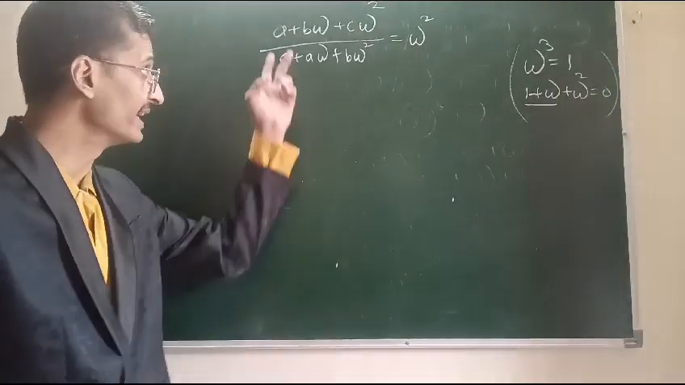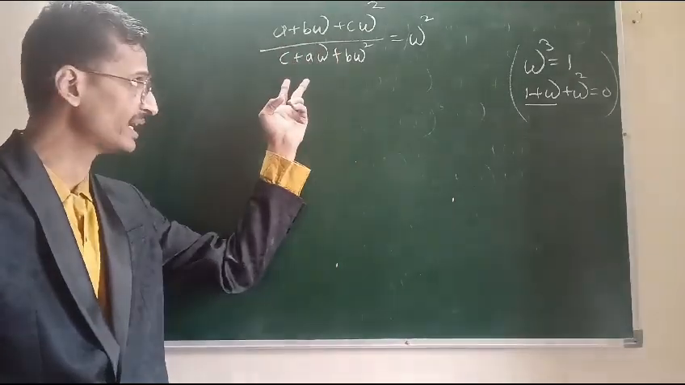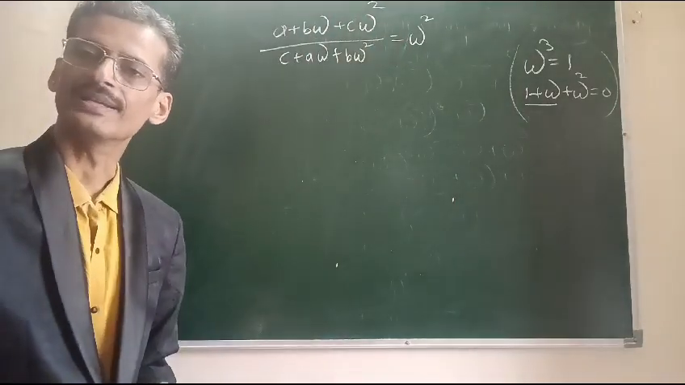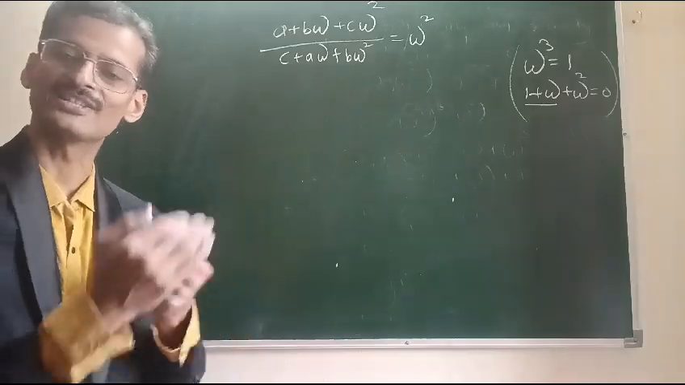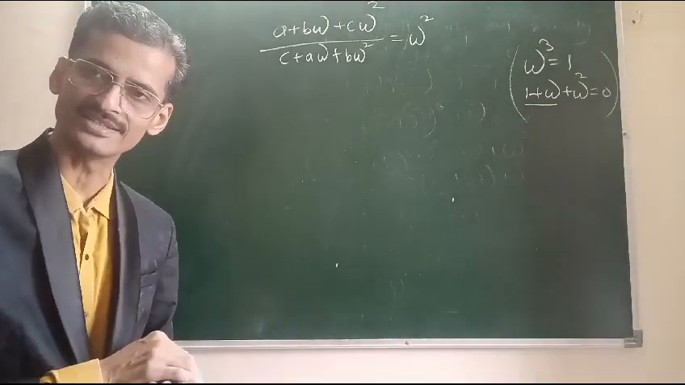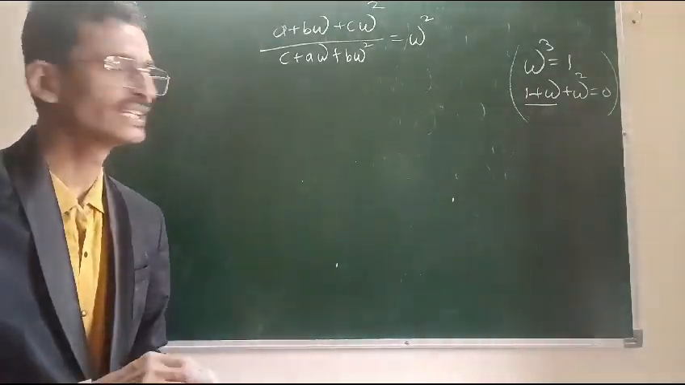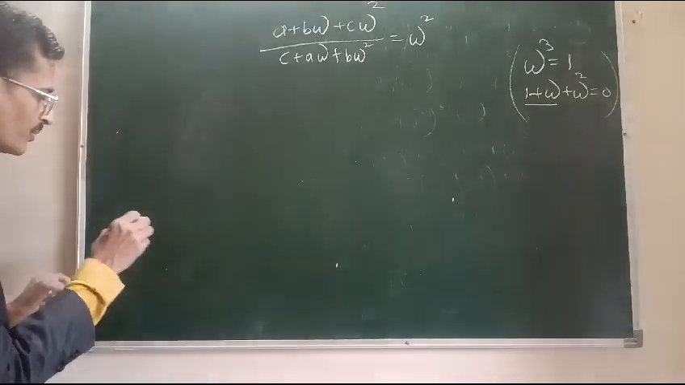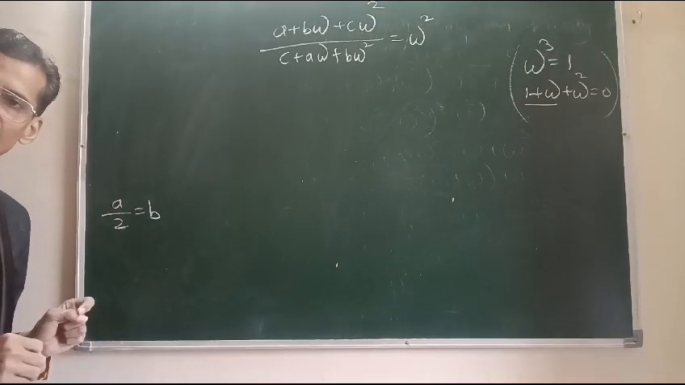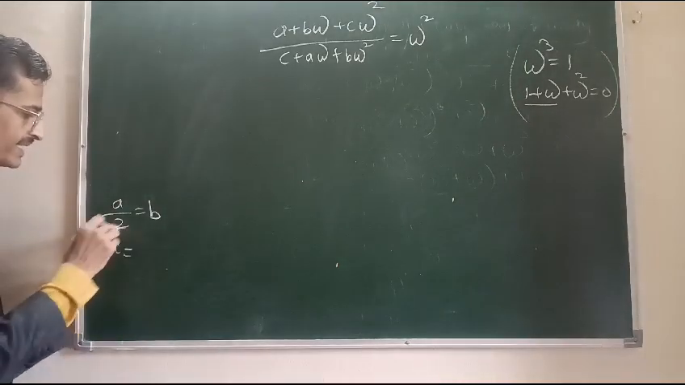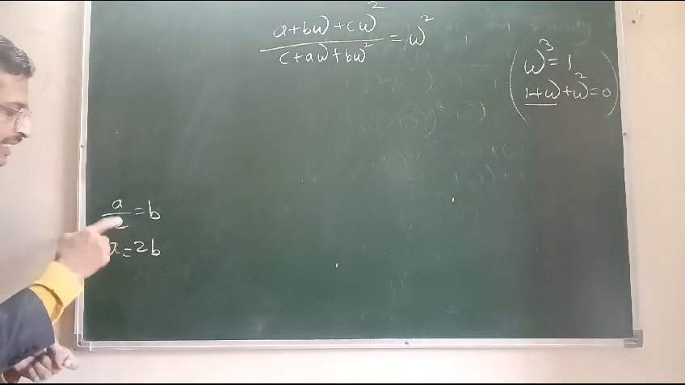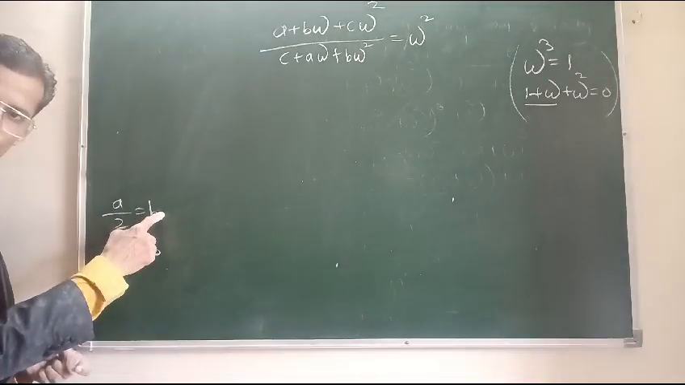Here the question is, prove that a plus b omega plus c omega square upon c plus a omega plus b omega square is equal to omega square. Now as usual we can start with LHS and prove that it is RHS, or start from RHS and prove that it is LHS. But here there is one simple technique which we can use. Suppose we want to prove that a upon 2 is equal to b. Then we can prove that a is equal to 2b, because that is the same. These two we can write here. Okay. So if we have to prove that a upon 2 is equal to b, prove